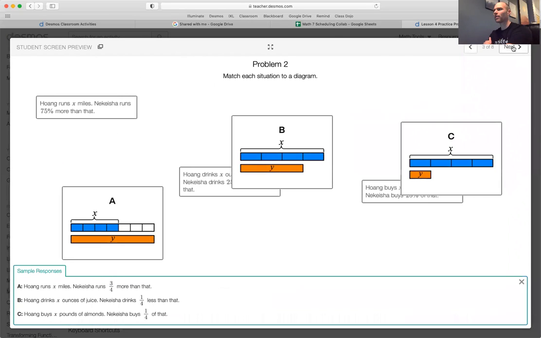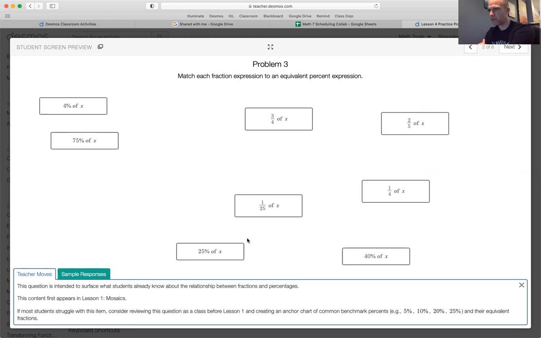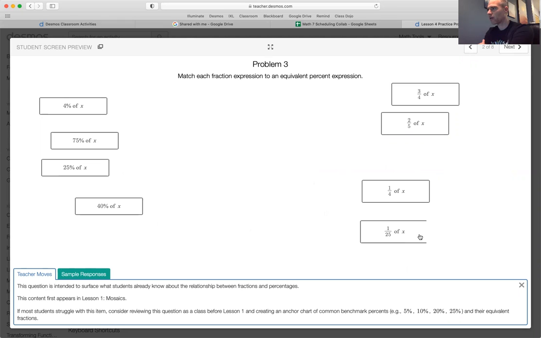All right, so next, match each fraction expression to the equivalent percent expression. Some of these have percents and some have fractions, and we have to match them up. So I'm going to organize them first. I'm going to put all the percents over here. There's 4 of them, and all my fractions over here. This is just like, can you match a percent to a fraction? So I look at